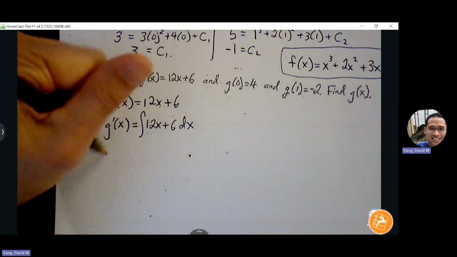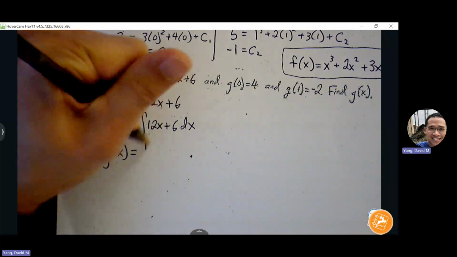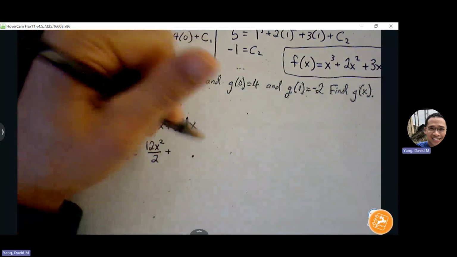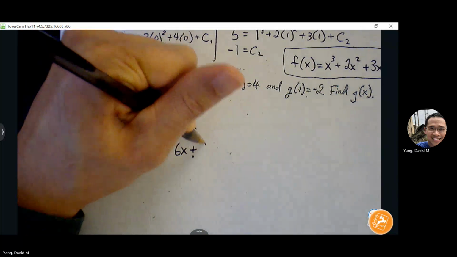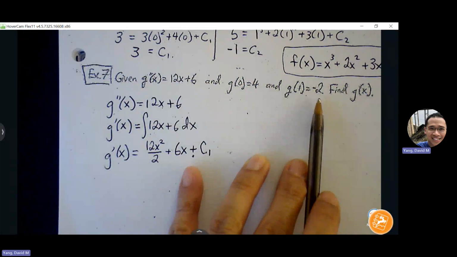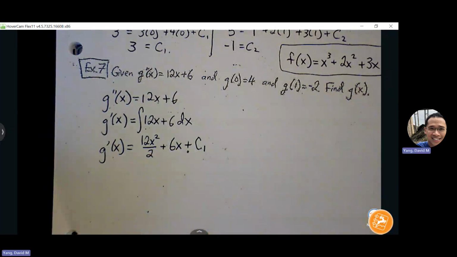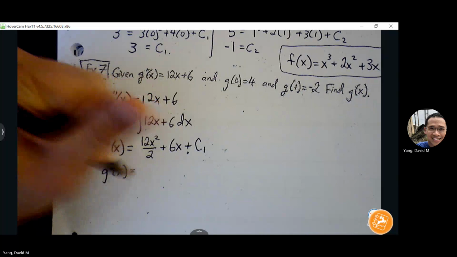Okay, g prime equals 12x becomes 6x squared plus c sub 1, right? We know that we're expecting to do this twice, so I'm going to go ahead and identify that as c sub 1. Okay, let's do some cleanup here. G prime equals